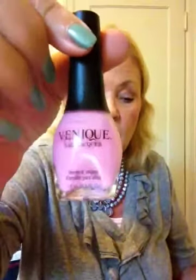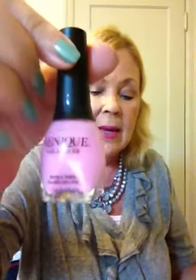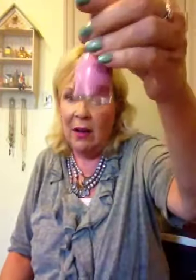Vinique is number 3 on my list. And I think anybody who watches me or reads my blog is not surprised by that. I love this polish. It costs out at $14 an ounce. These are $7 is what you buy them. And there's a half an ounce. And